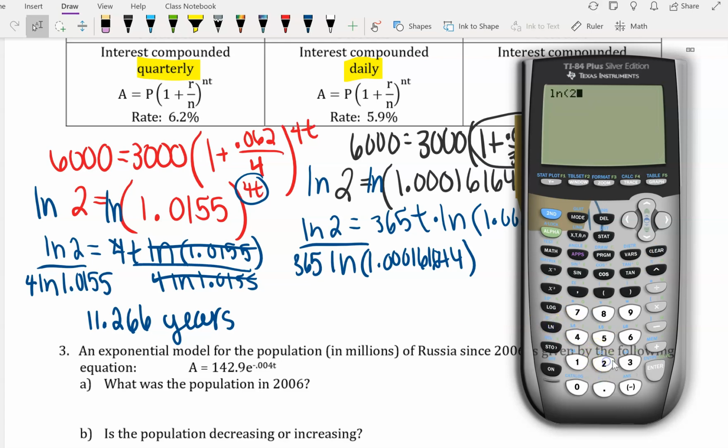Right, natural log of 2 divided by 365, enter, divide by natural log of 1.000161644, and I got 11.749